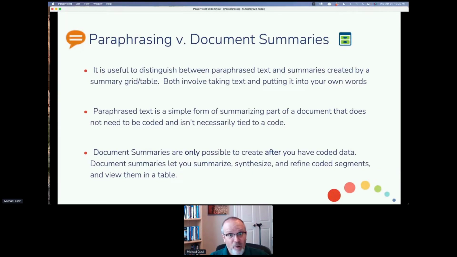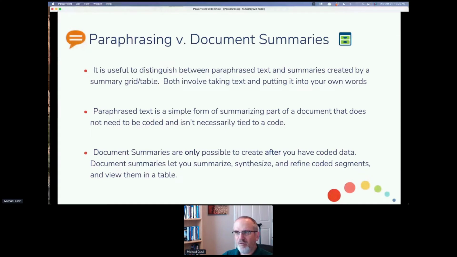They both involve the same process, taking a segment of information and putting it into your own words. But a paraphrased text is not tied to a code. It's tied to a part of the document. It's a simple form of summarizing, and it's limited in its length. The length is 255 characters.